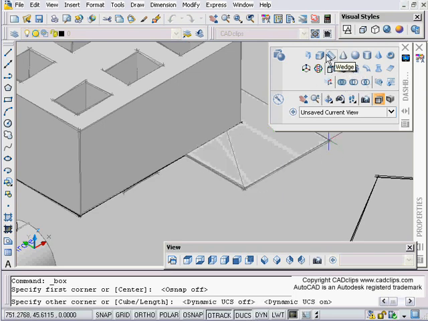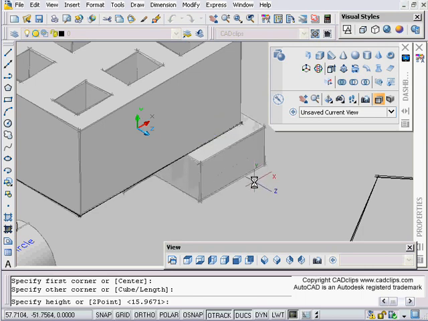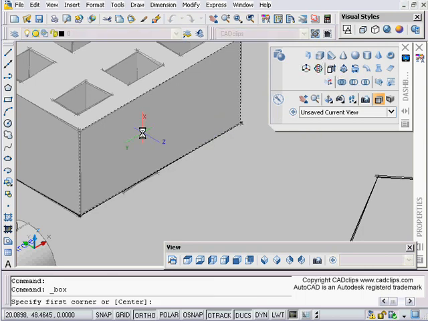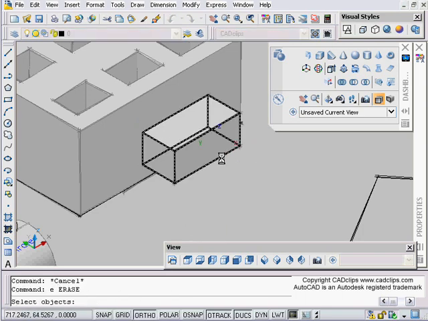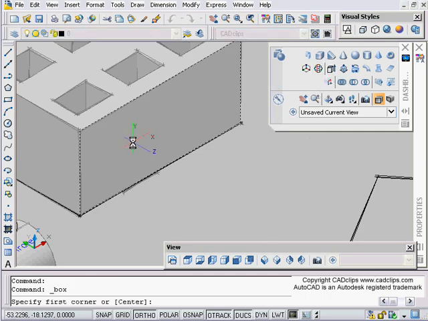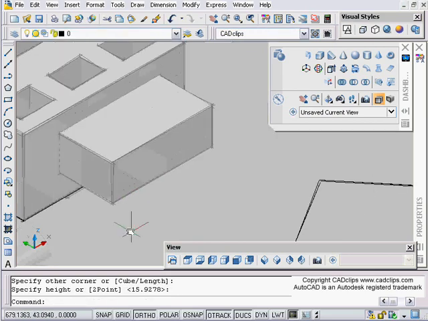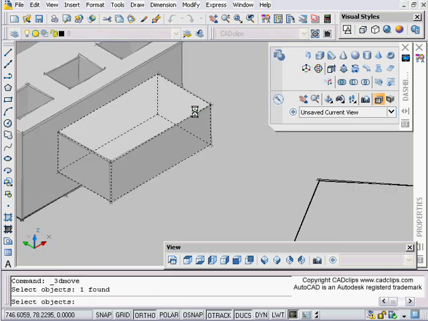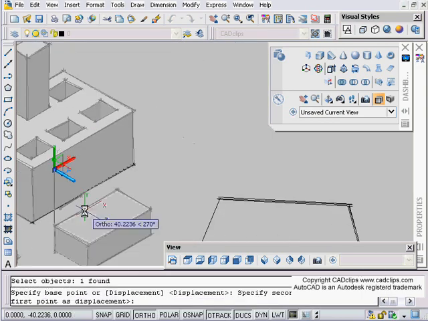Oh, sorry, try this again. Box, hover over here, click. And then, oh, I'm still getting the wrong surface. Here, there we go. Click, and then pull. Okay, let me do that one more time for you. Using my dynamic UCS and the box, hover over here, make sure you're getting on the right plane. You can see the outline, and sometimes it's easier to change your visual style. Pick, and then pull. This, when I go to do my 3D move, enter, pick, is a separate object,